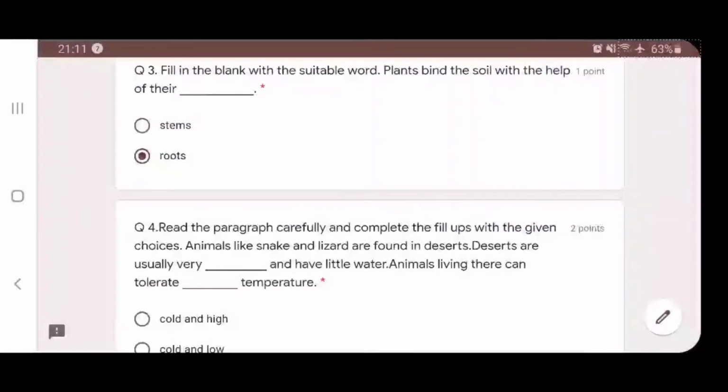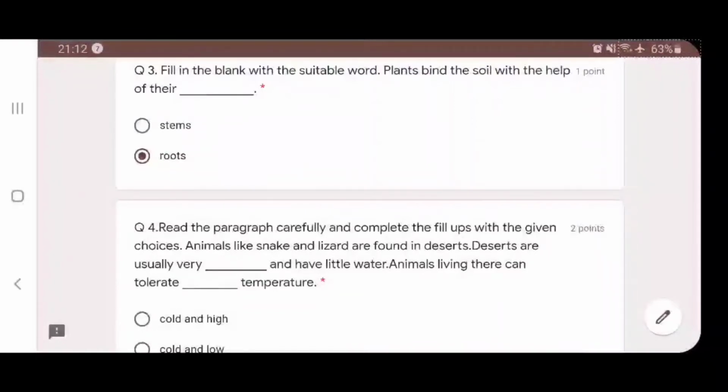So read the paragraph carefully and complete the fill-ups with the given choices. Animals like snake and lizard are found in deserts. So deserts are usually very dash and have little water. Animals living there can tolerate dash temperature.